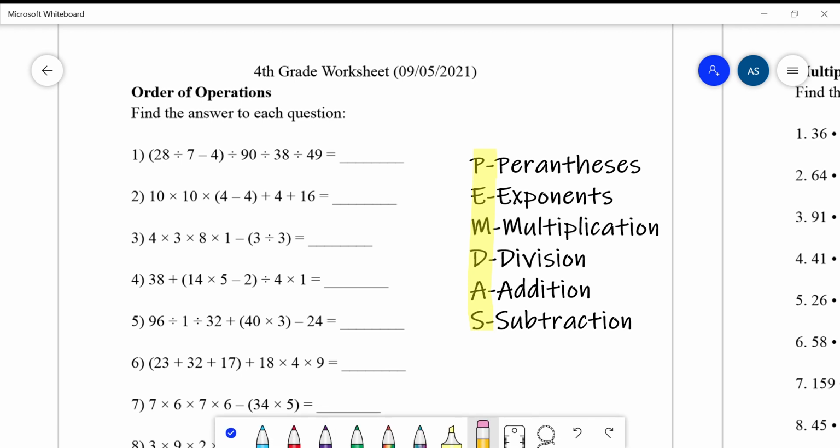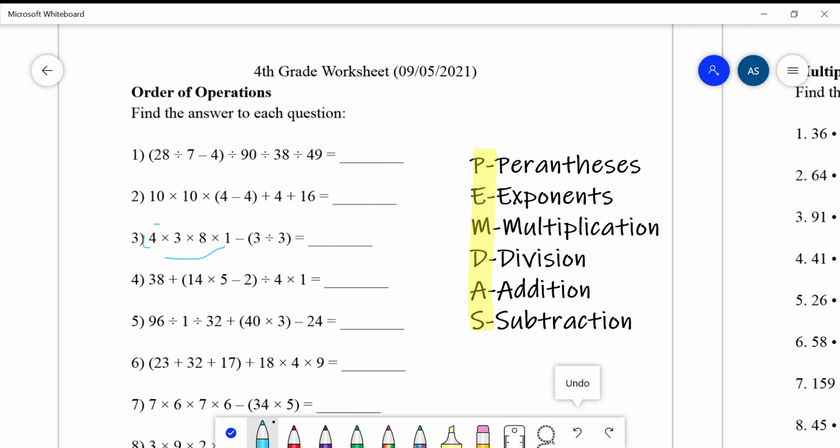Just as I explained last week, we have PEMDAS, which stands for parentheses, exponents, multiplication, division, addition, and subtraction. As it is listed this way, we can see that parentheses is first. After that, you look at the exponents, and so on and so forth. That's how you solve. So here, if we look at, let's say, question 3,